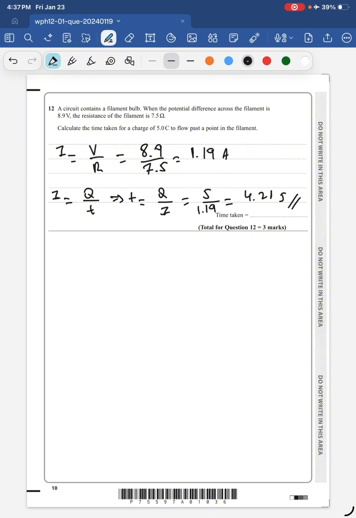Let me quickly check the mark scheme. Yes, okay, it's correct. Let's move on